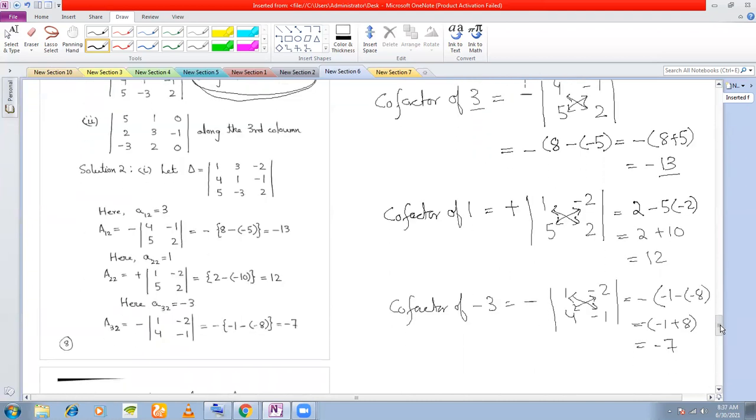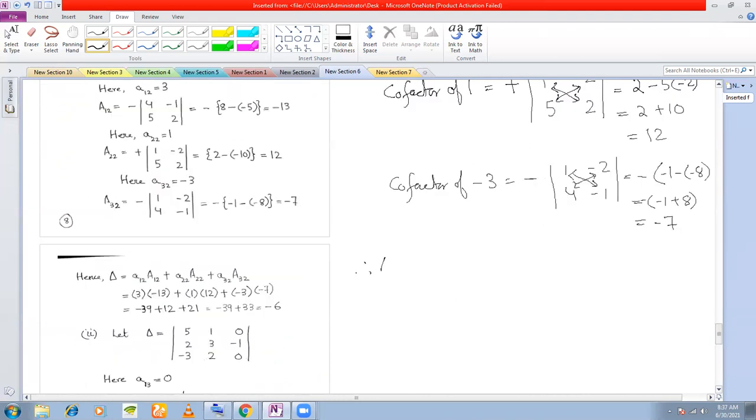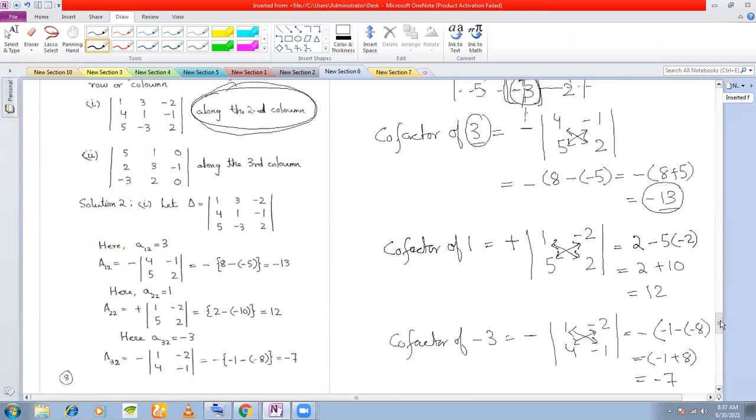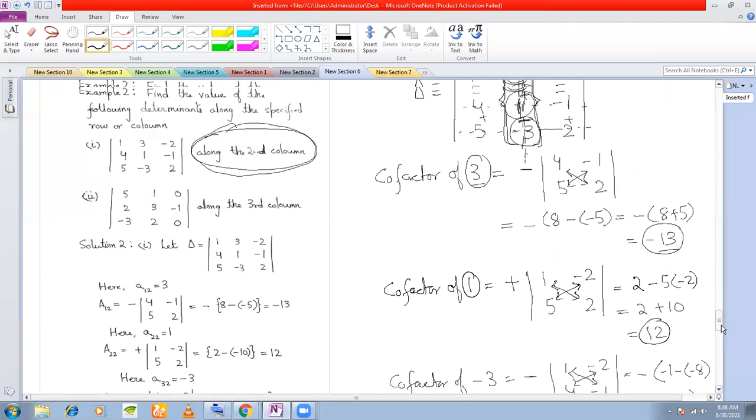And now what we are going to do exactly the same way. See, the cofactor of 3 here is how much? Minus 13. So we are going to multiply these two. So therefore, delta is equal to the element here into its cofactor, 3 into minus 13, right? Next, what is the element here? 1. We are going to multiply with its cofactor. So 1 into 12,